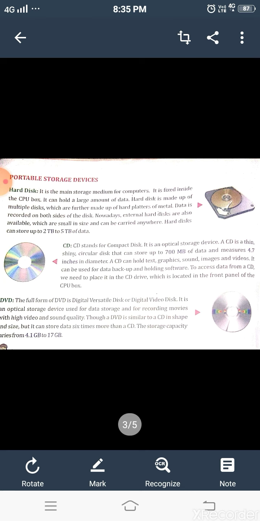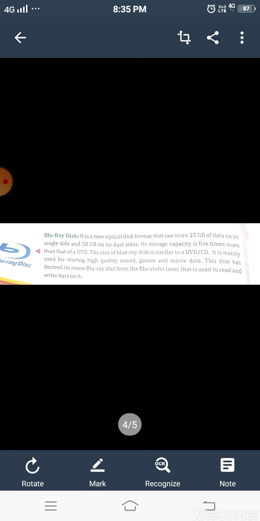It is mainly used for storing high quality sound, games, movies, etc. It derives its name Blu-ray disc from the blue violet laser that is used to read and write the data on it.